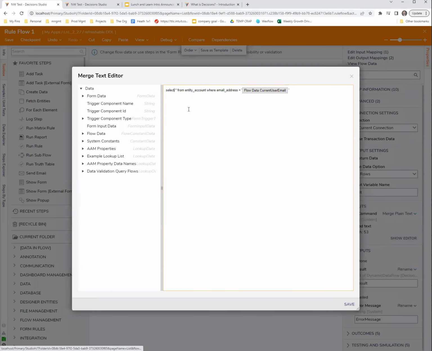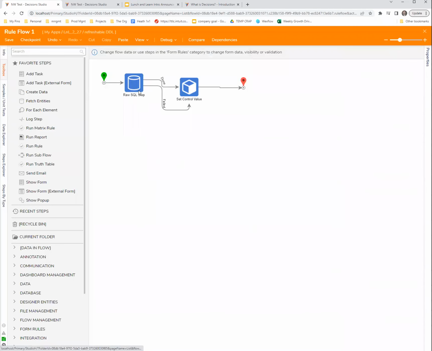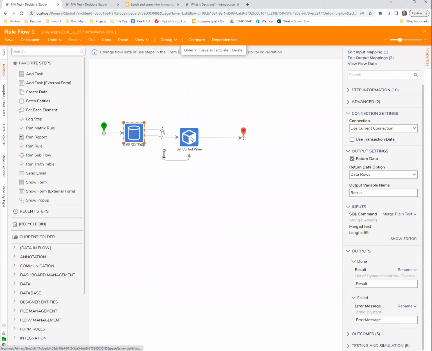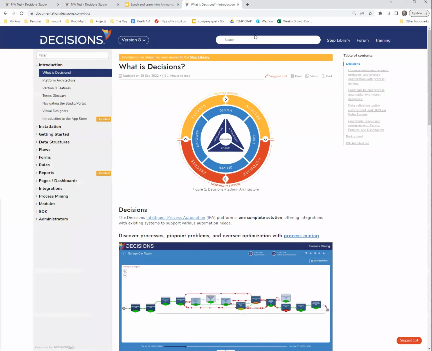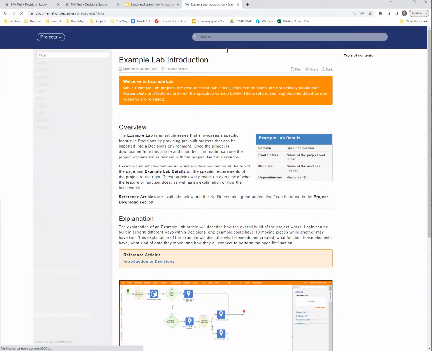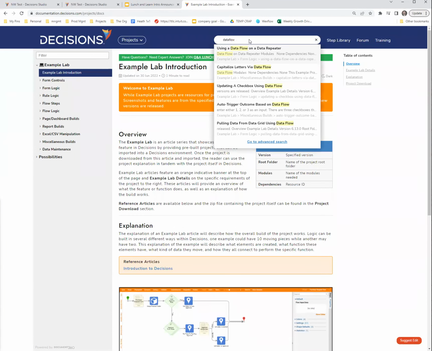If I have multiple fields, I have to get a set control value for each field. Yeah, right. You could run one flow with multiple set control values. If you're on 7 or newer, I think. If you're on 6, you need to write a data flow that does this, and it'd be slightly different, but there should be any number of examples in projects